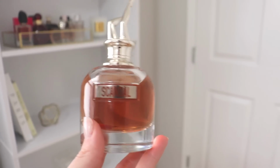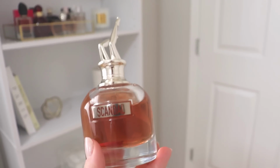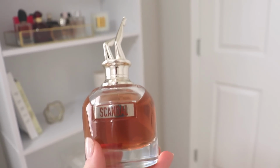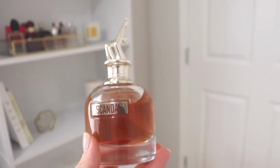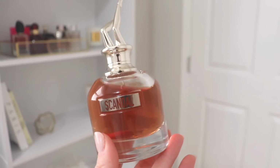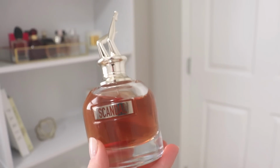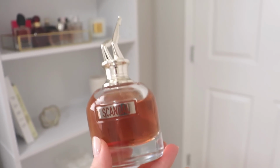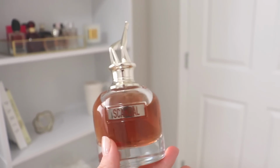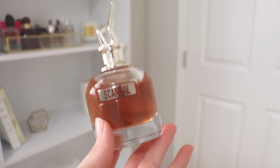And then, of course, I kept trying it in the store. One day when I put it on in the store, I felt that it was so beautiful, and I just kind of went very lightly with it, and I had like a new experience with it, and I thought, you know what, I think this one could work for me. But no, after I've gotten it home and I've worn it a couple of times, I have realized that it's definitely just too heavy for me. It is too much honey. I just think that there's no way I'm ever going to be able to do any of the Scandal perfumes,